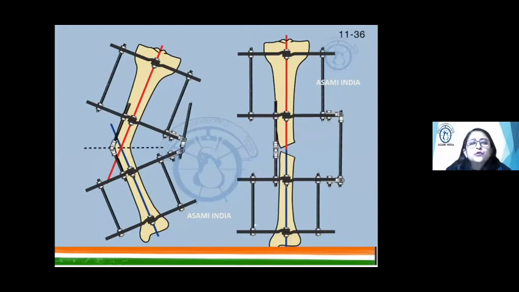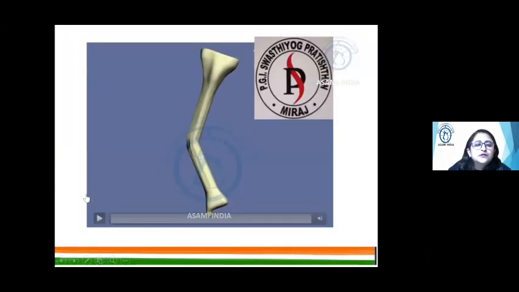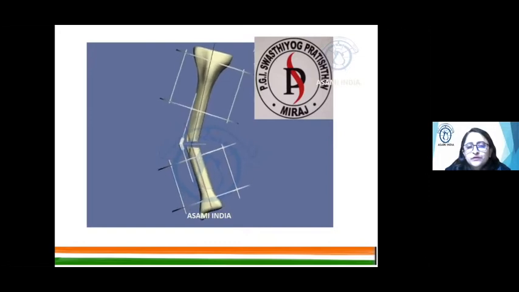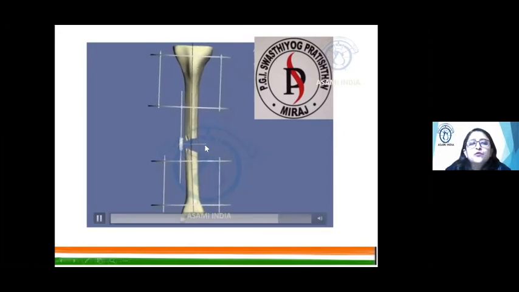As I told you, you can see the hinge axis is perpendicular to the plane of the deformity. The hinge is placed exactly at the level of CORA and tangential to the bone. So this is a classical opening wedge hinge. This animation will make things clear. This is the level of CORA, and the hinge is placed at the convex border. So what you get is a perfect opening wedge correction.